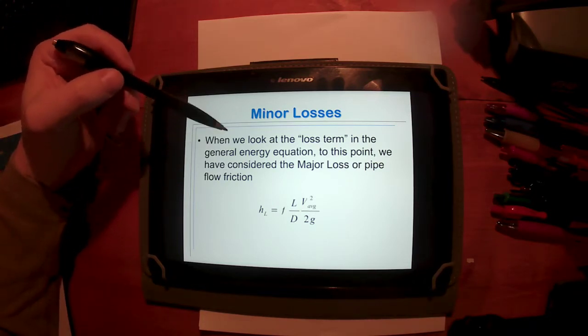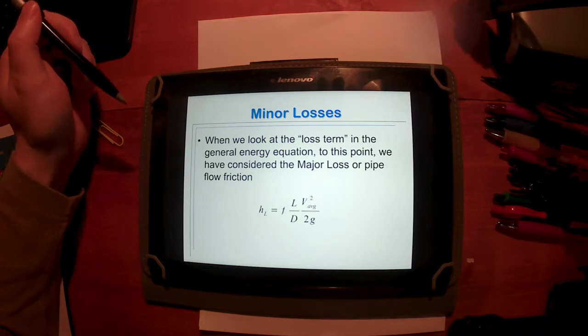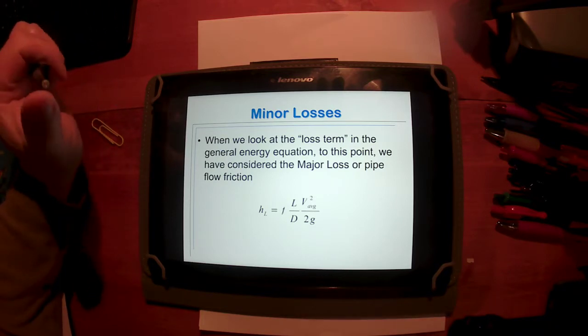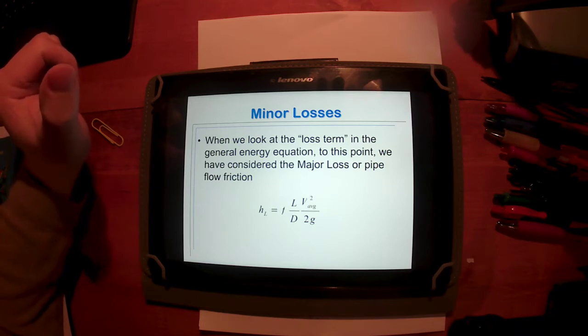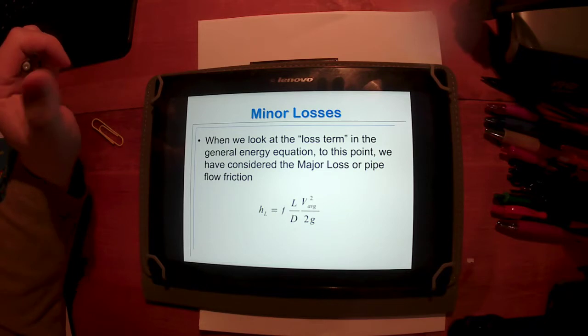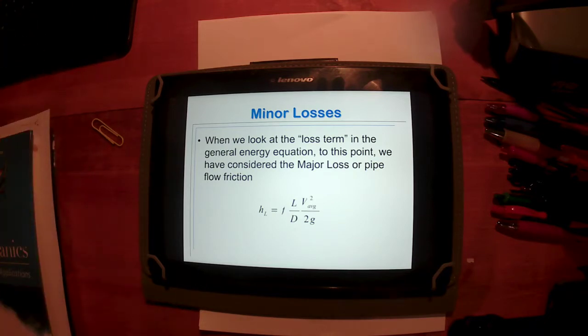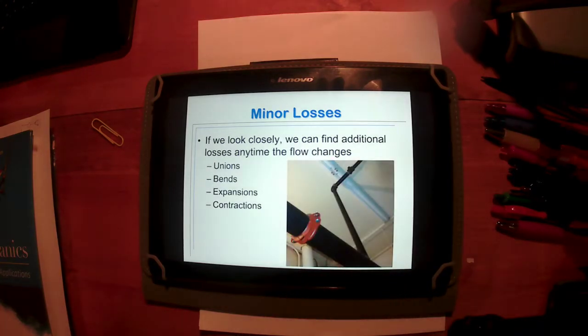This loss term, to this point, we have really only considered what we call major loss. And that's the loss of energy along the piping system itself. Now, that's great if the majority of the piping system is going in a straight line. What you find, though, is if you look at an actual piping system, so here's a sprinkler system where you've got,